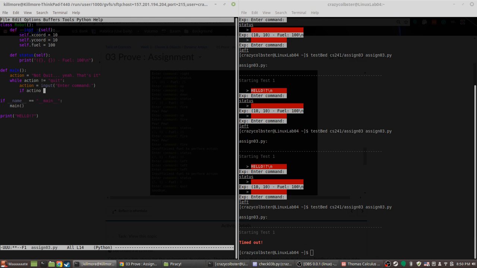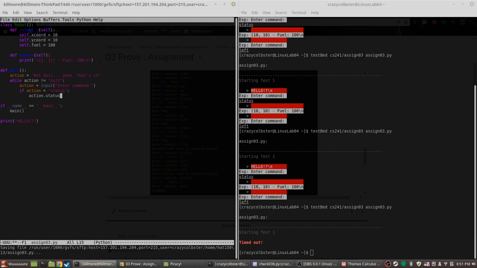If action, actually no. If action equals status, if action equals status. Oh, I forgot to colon that. Action dot status. Do some BS. That's the best way to phrase that.